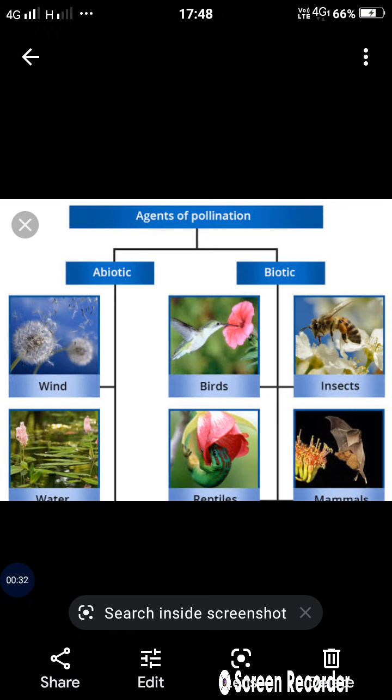After that, we study biotic pollinating agents. They are nothing but insects, birds, bats and snails. Among these four biotic agents, we discuss some in detail. First of all, we discuss insect pollination. Before that, all of them transfer their pollen from one flower to another. That means the four agents